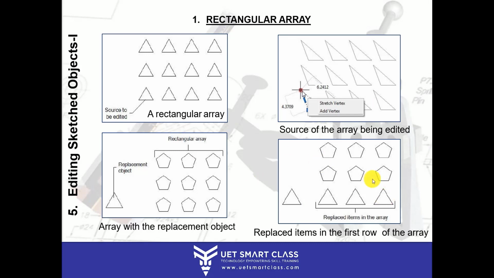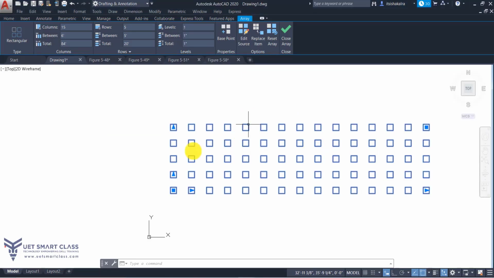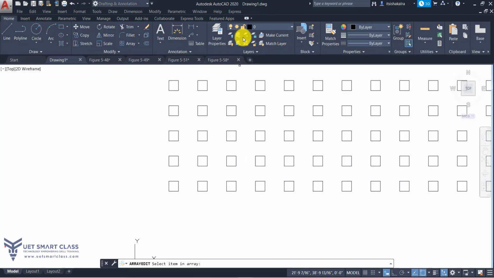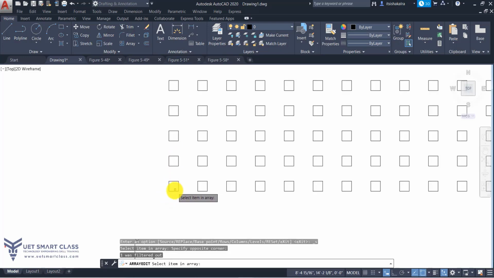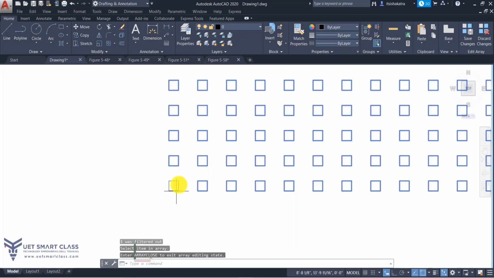Okay. So now I'll show you this in CAD. I'll show you how to edit. When I click on edit source, I'll select the source object. Even it can be any one, but I'll click. This is my item which I've selected. Okay. When I click on this,